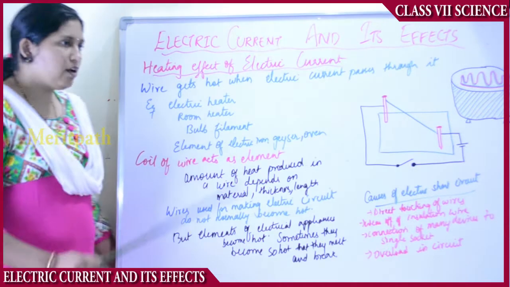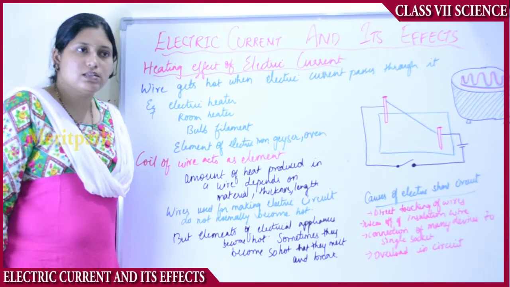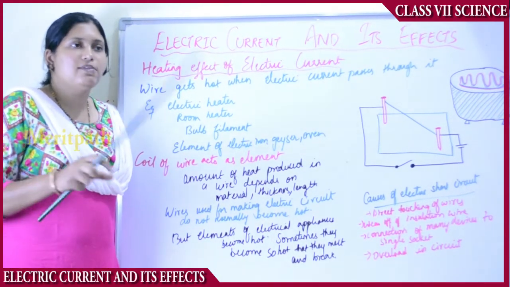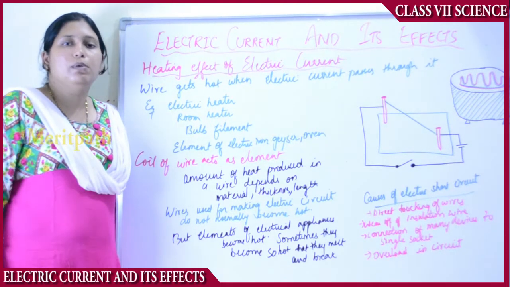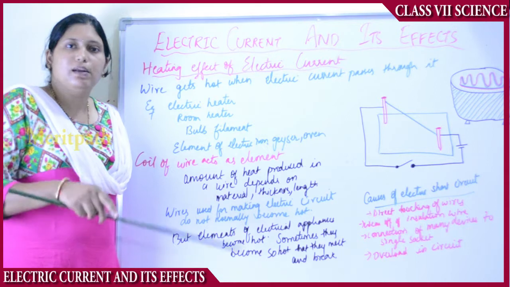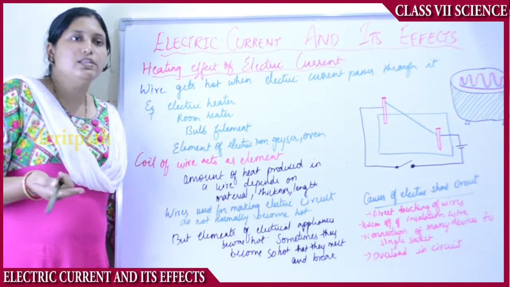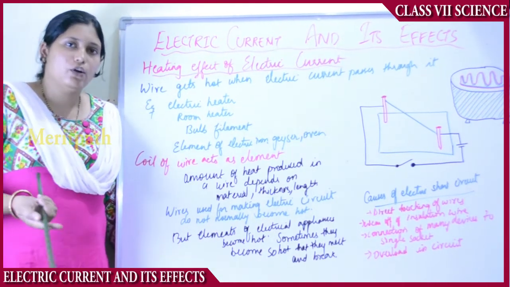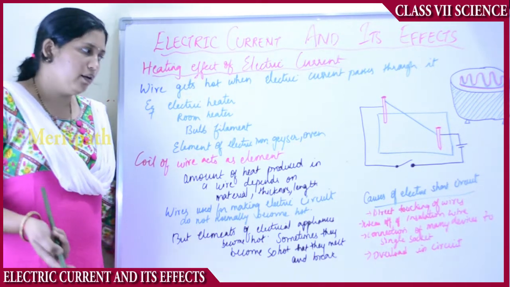Sometimes, suppose there is 3-phase electric supply, in one phase there will be no current. Why? Because the fuse will be gone. If we go and see the main electric board, one of the fuses will be in the off position. Why? Because of irregular supply of current or excessive overload of current.